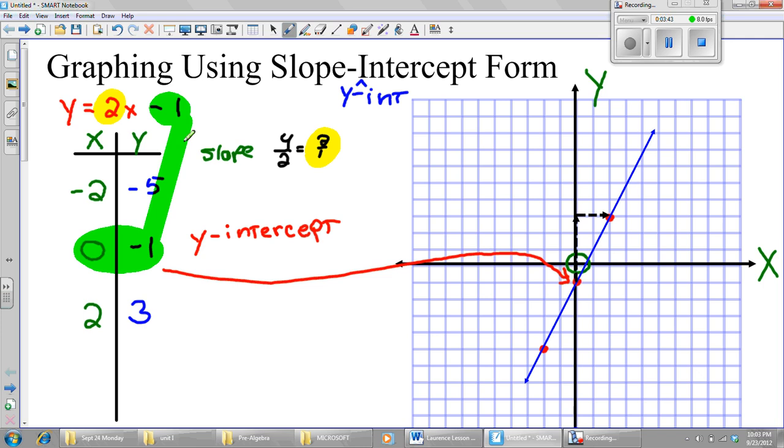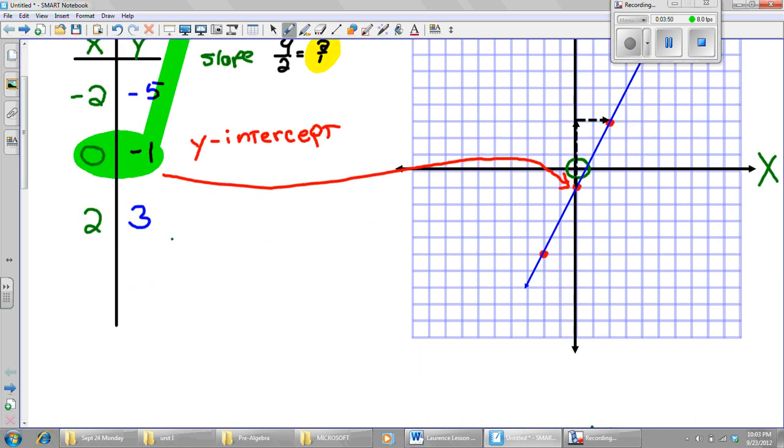This is no coincidence. When you have y alone, did I mention y must be alone? The y must be alone for this to work. If you have the y alone in a linear equation, you are in what's called slope y-intercept form, or slope-intercept form. And it looks like this: y equals mx plus b,